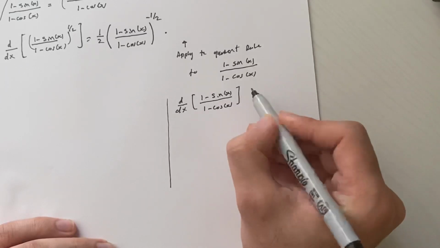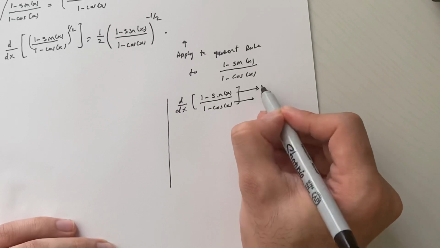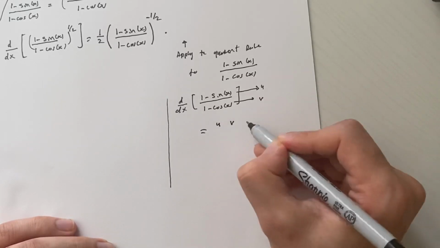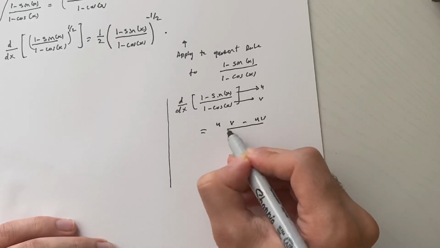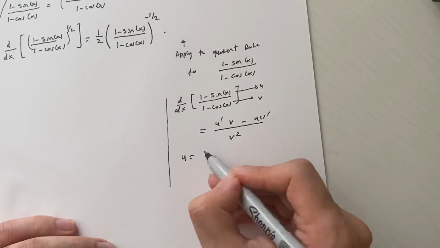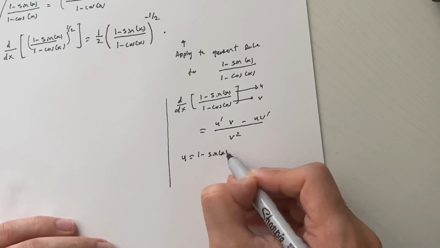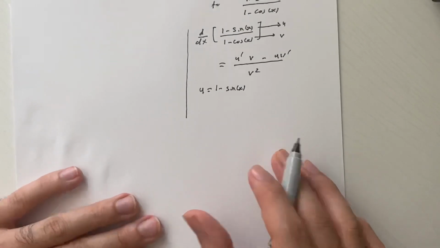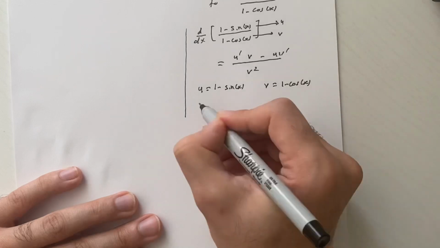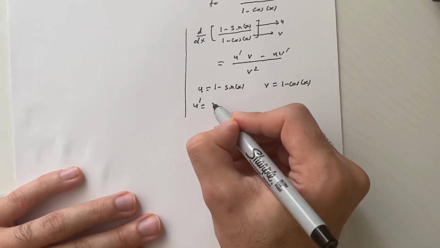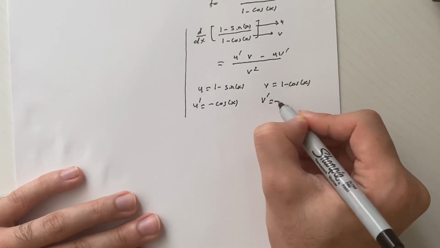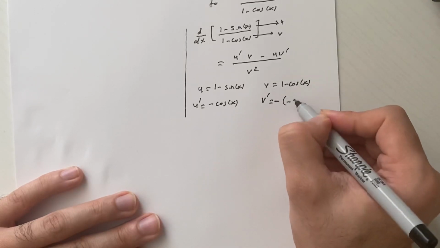So the top function I assign to be u, and the bottom function I assign to be v, and then the quotient rule can be written this way. Now again, the u function is 1 minus sine of x, and the v function is 1 minus cosine of x. Then I'm going to take the derivative of each. U prime is minus cosine of x, and v prime is minus, but remember,